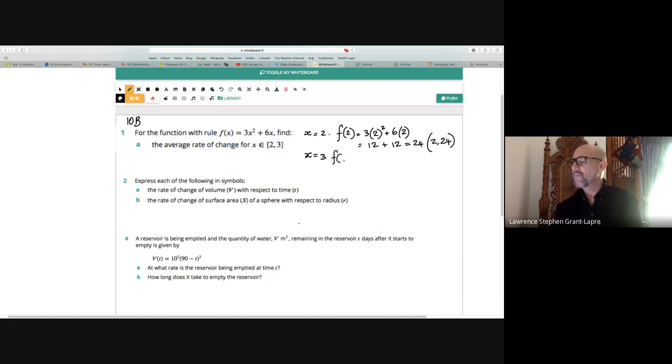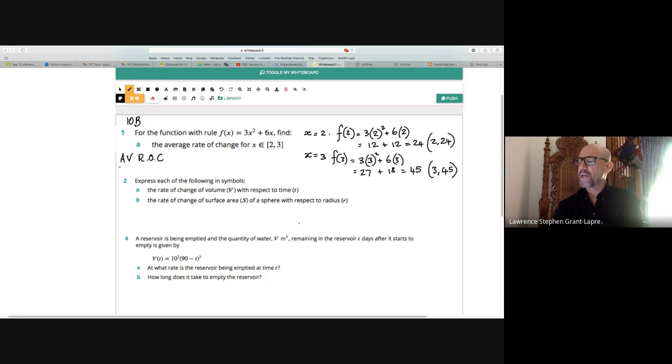So we find the function of 3. So it's 3 times 3 squared plus 6 times 3. 3 9s are 27, 6 3s are 18, 30, 45. So at 3, 45, the average rate of change,